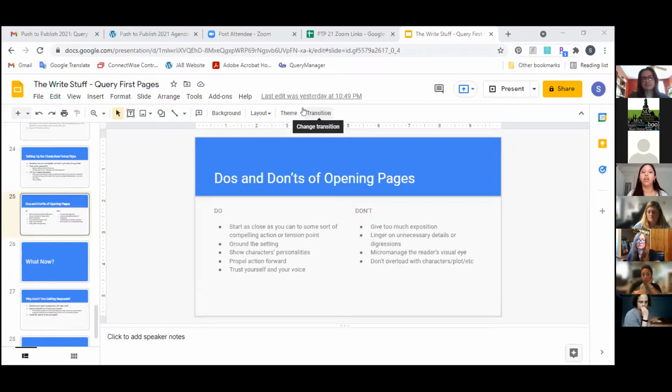As I mentioned before, you want to ground your setting, especially if you are building a completely unique world. You want to try to set it up. A sci-fi setting is very different from a fantasy setting, which is very different from a historical setting. You want to be setting it up, giving some details of the world. And again, you don't have to say, it's 1885 in London, and I put on my undergarments. There are ways you can show off the setting just by having the character go about their actions.